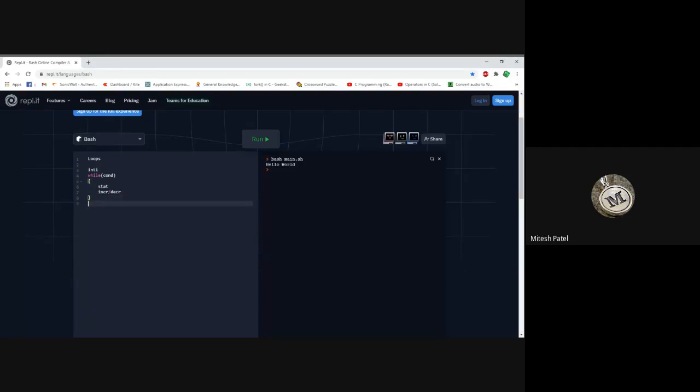Similar way, in a Linux shell script: initialization, while, space, then instead of the round bracket you need to write the square bracket here, condition, then instead of the opening curly bracket we need to write do, and then here the statements and increment or decrement operators, and last, when we want to end this loop, we write done.